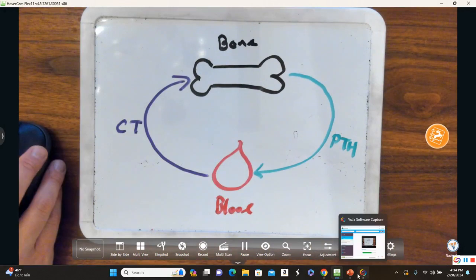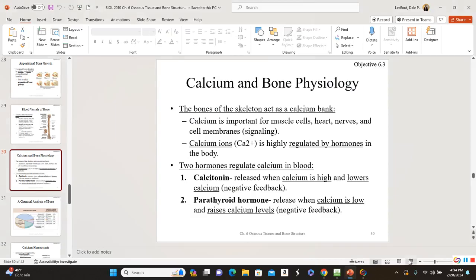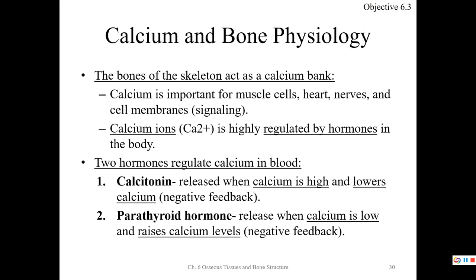Okay, so what I want to do is look at this a little bit more in detail. What we have, guys, is to understand that calcium is stored in the bone. It's like a bank. Now, calcium is very important for muscle cells, heart, nerve, things like that, membranes for signaling. It's a very important ion. So calcium ions, being so important, are highly regulated by hormones because it's so important that we keep it under control. The two hormones that regulate calcium are calcitonin